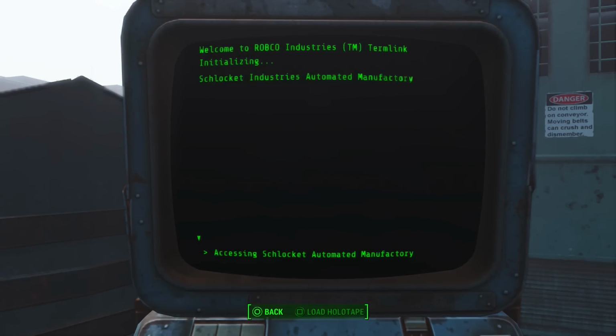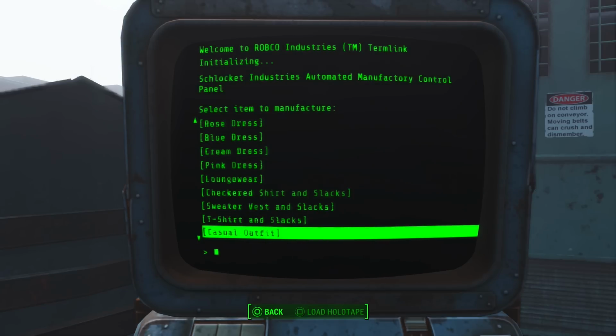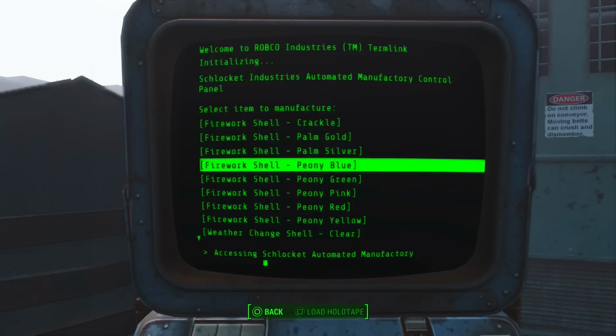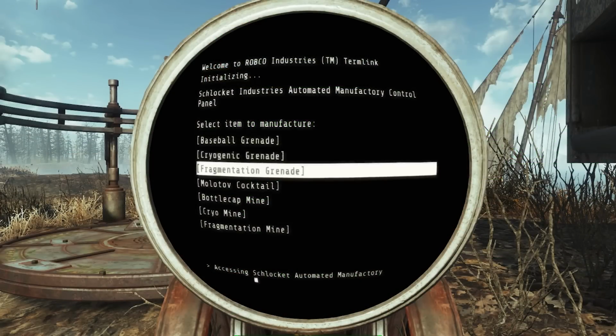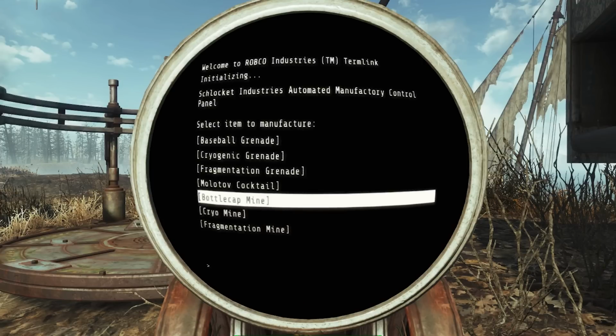The Auto Loom will make clothing including dresses, slacks, and suits. A clean black suit costs only 3 cloth and 1 adhesive. The Pyrotechnics Mill will make all the fireworks, flares, and weather-changing shells at the same cost as the Chemist Bench. The Explosive Mill requires Demo Expert 2. It creates grenades and mines for the same cost as the Chemist Bench, but the mill does not make pulse